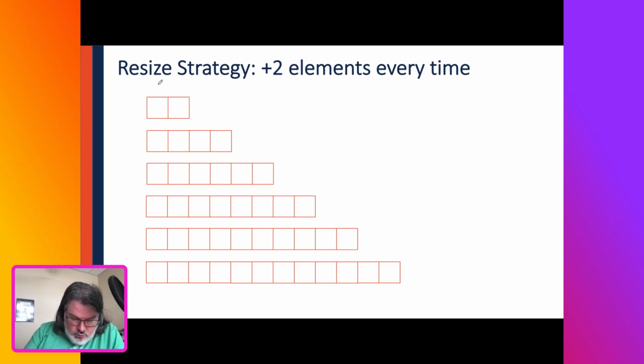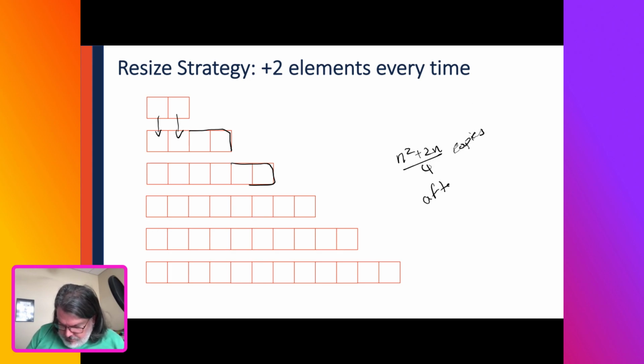If we're full, we will always copy to a new array and extend the size by 2, right? And we went through this by analyzing how many copies happen in each round, and we ended up with n squared plus 2n over 4 copies